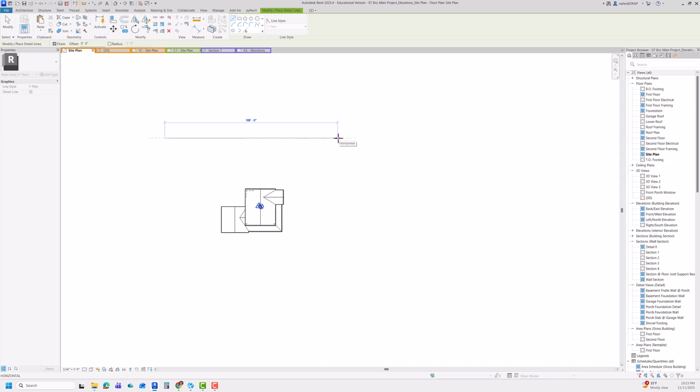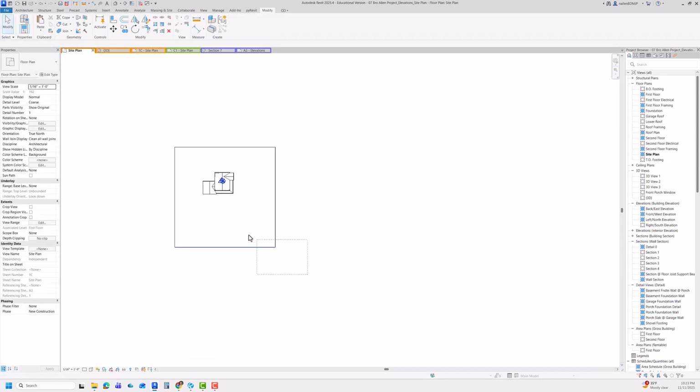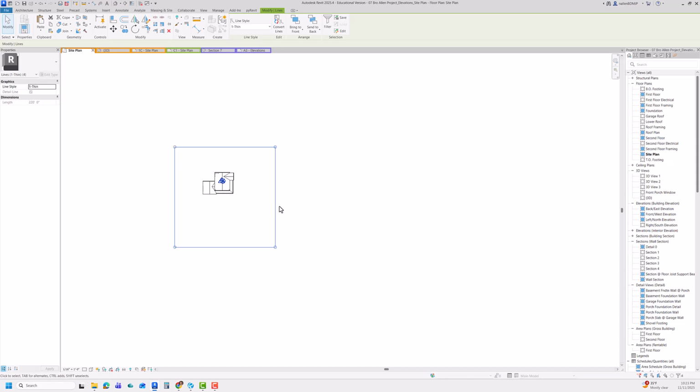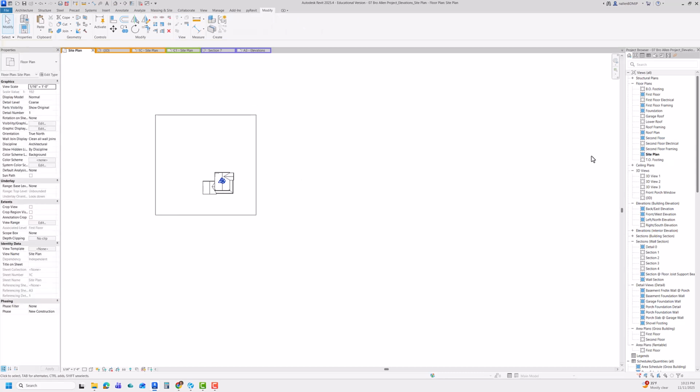So we were like 220 feet, and then I can't remember, but almost 220 feet. And I'm just going to do a box all the way around, and I'll grab these lines and just kind of position this the way that my house might fit on a lot. And then I'm going to go over to my site plan sheet,